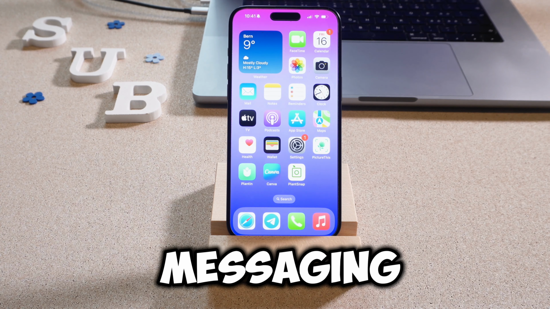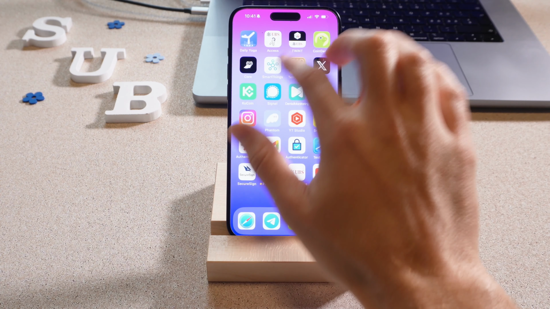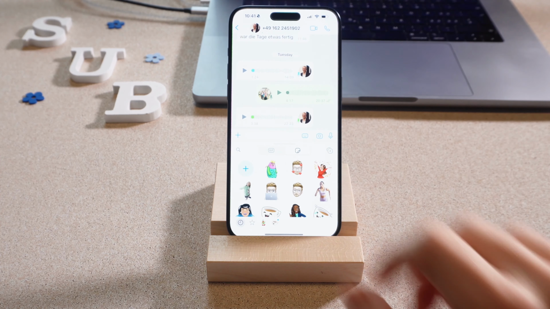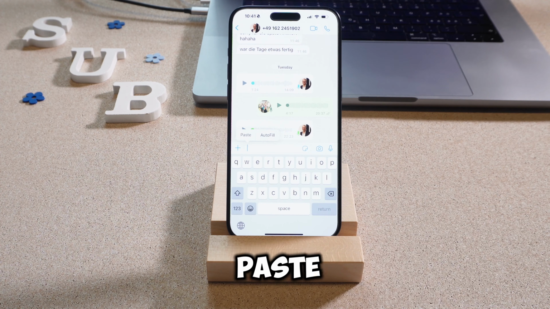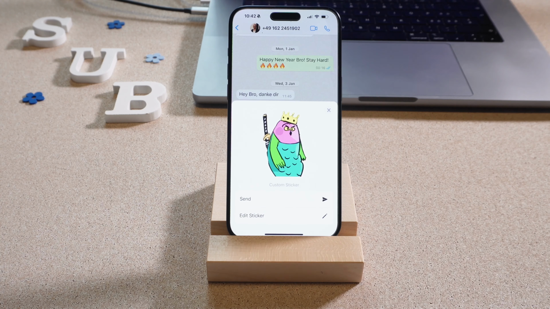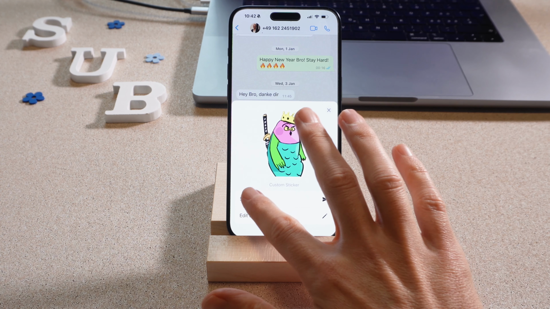Now when you go to a messaging app like WhatsApp, for example, just long tap in the message field and then tap on Paste. And this is automatically going to add the sticker to WhatsApp. And when you tap on Send,